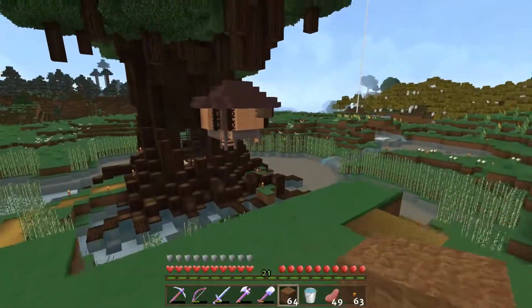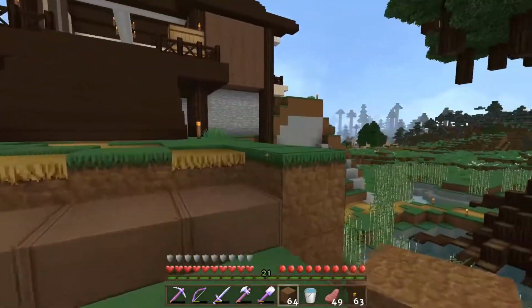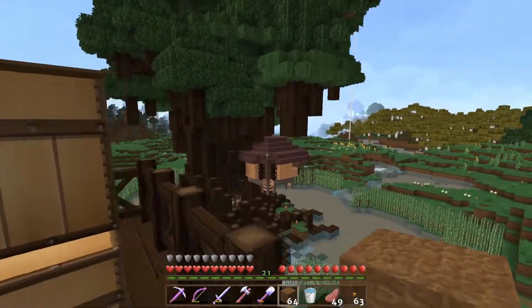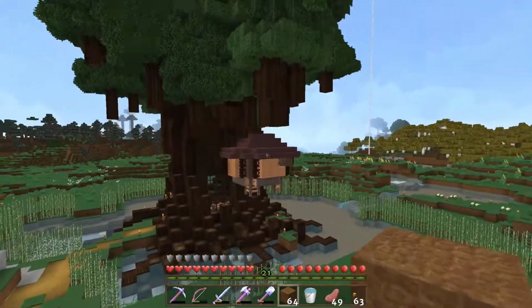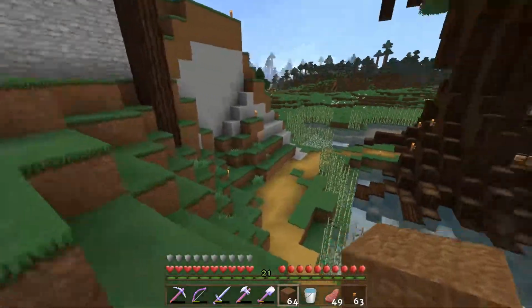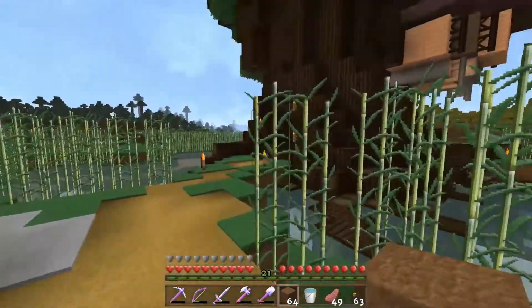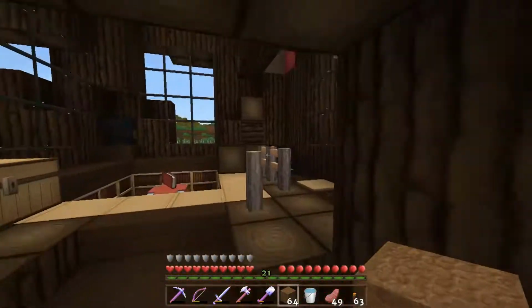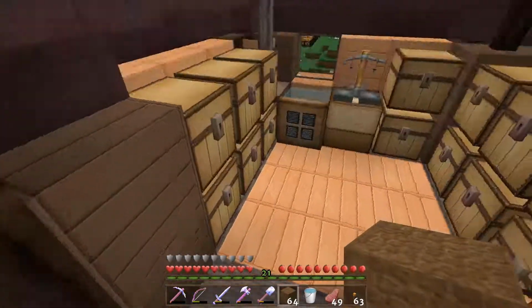Alright, team. So I've got the build finished up here. And I think it's looking pretty nice. I think that it's integrated into the side of our tree pretty well. I like using the acacia wood. I think it does add a nice contrast to all of the dark browns of the dark oak wood that we've been using for a majority of our builds here. So we just come on through and let's hop up